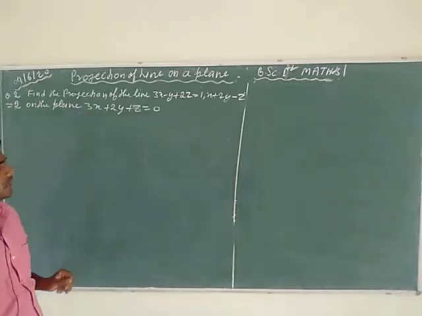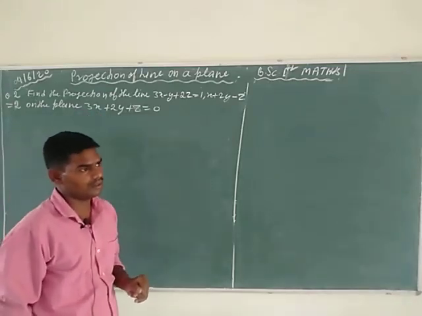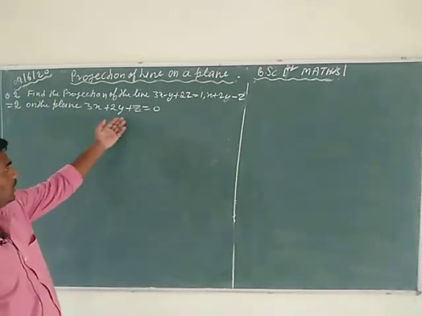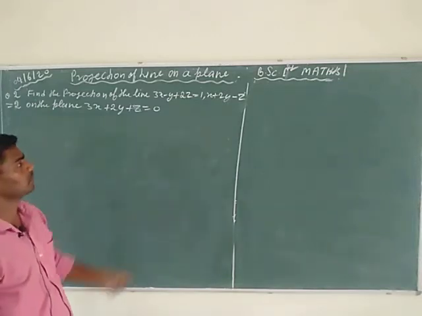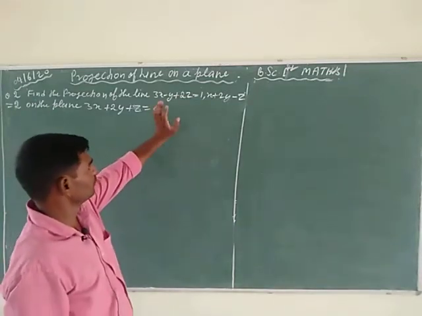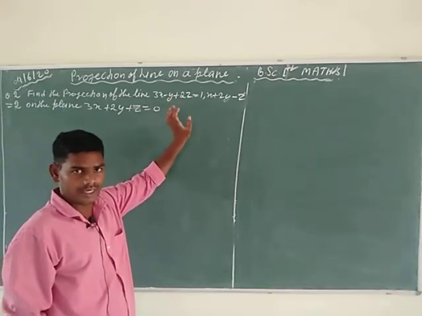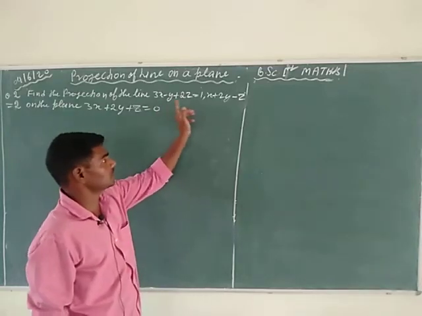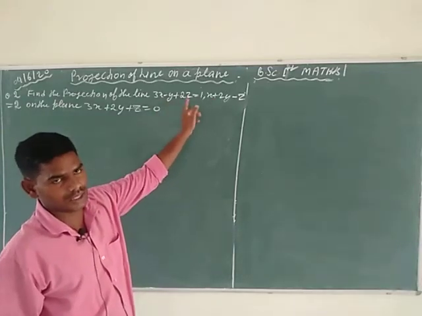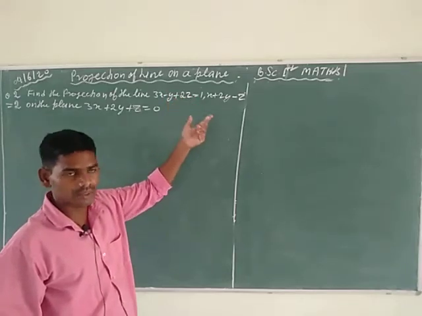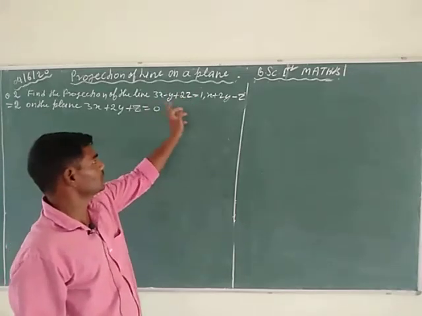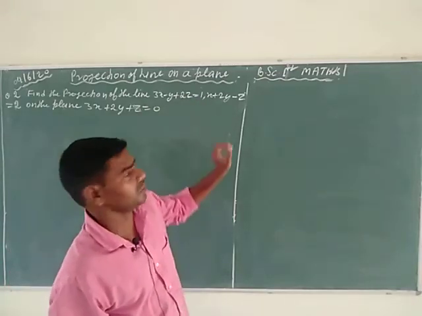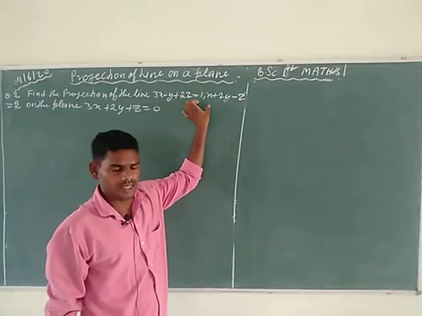Now discuss the second point of the definition of the projection of a line on the given plane. Here this is known as the given plane. So find an equation of a plane which passes through the first line, the first intersecting line. This is the equation of the first intersecting line, which in the first question was given in symmetrical form, and here is given in general form. So first write the equation of the plane which passes through this given line.